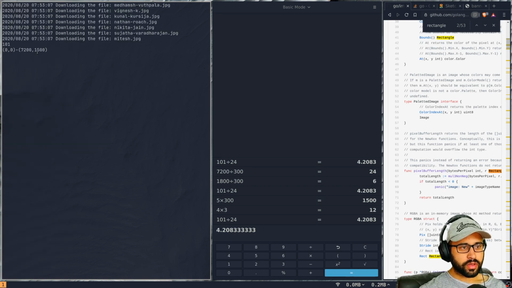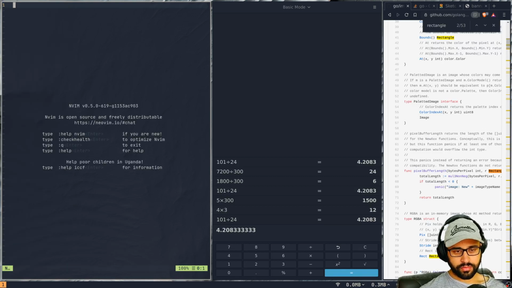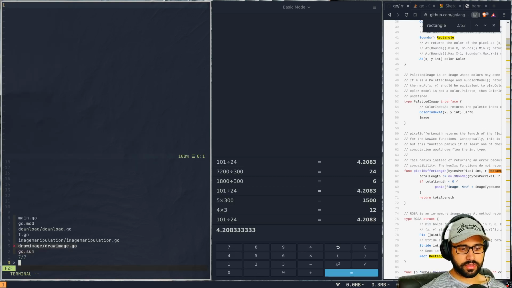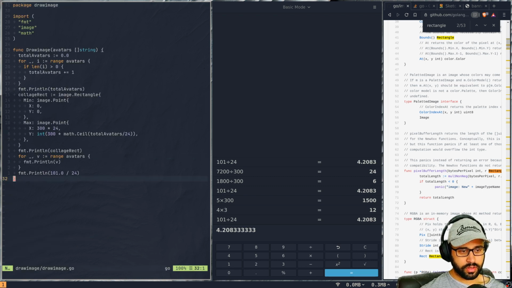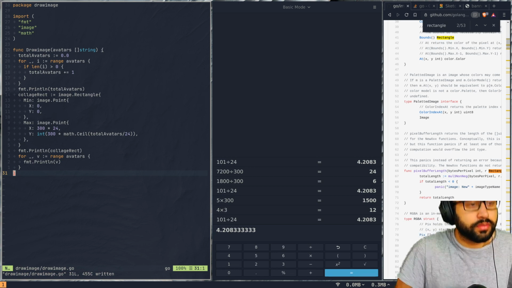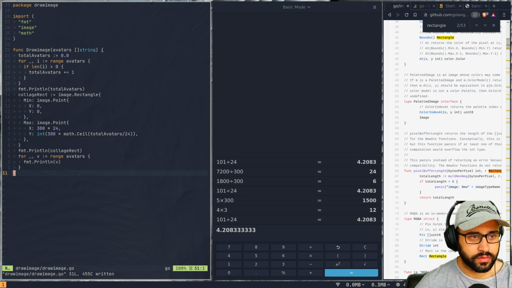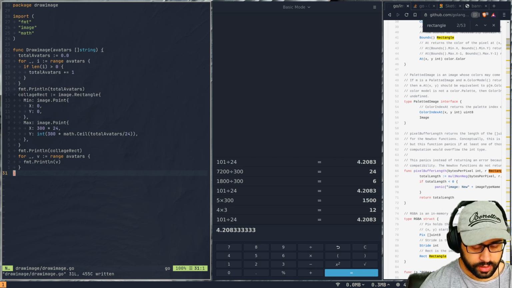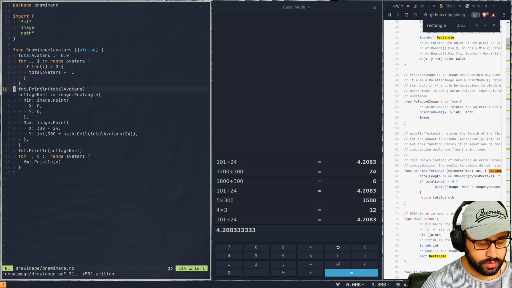Let's see what the value is. Okay, now it's working fine for some reason. Maybe it's the float conversion that was getting messed up. So I think we have resolved it, so no need to test it further. We'll just delete this bit. Okay, so we are getting the total number of avatars correctly. We are creating the rectangle correctly. Now